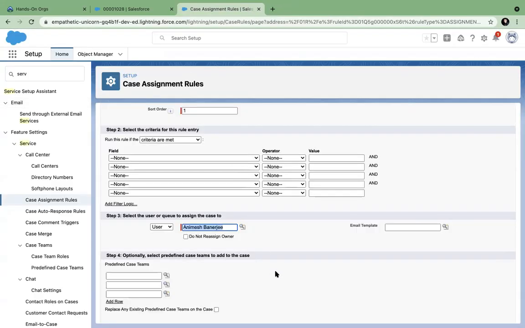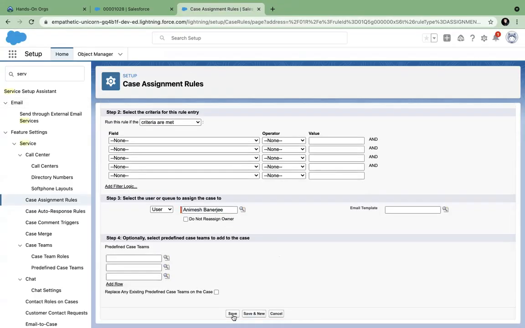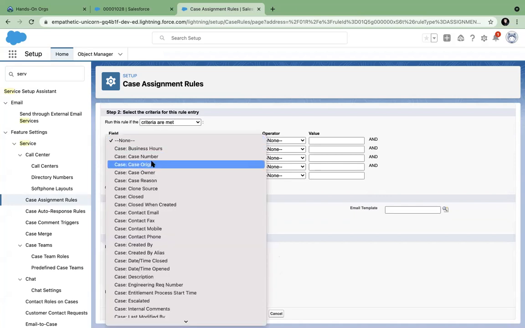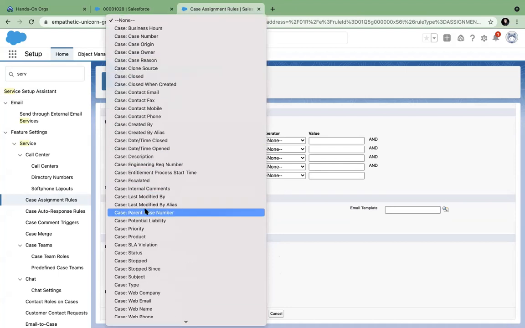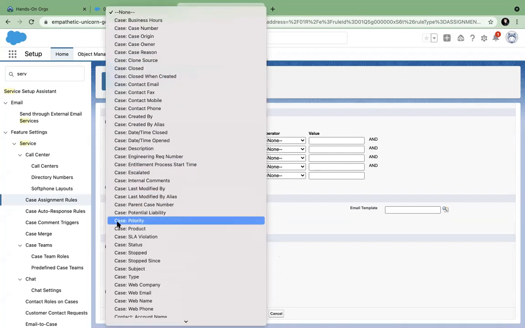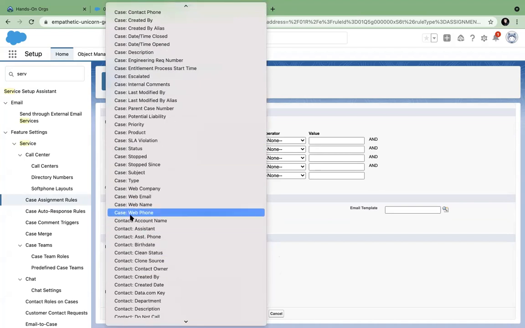Maybe this is the one user, and what is the criteria? If it is a case, what is that? Case origin, right?